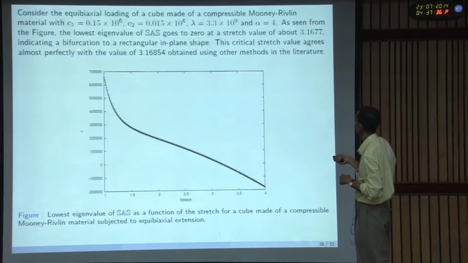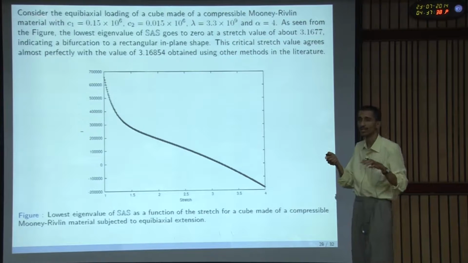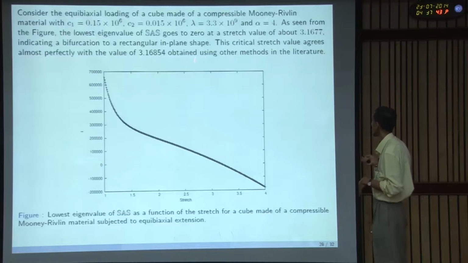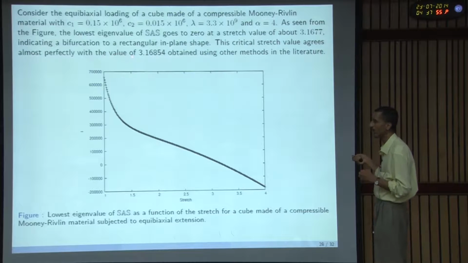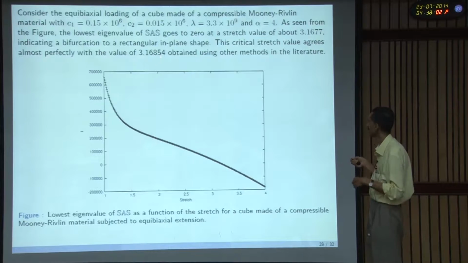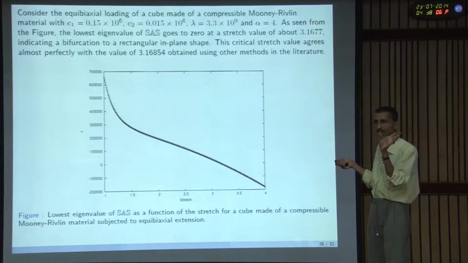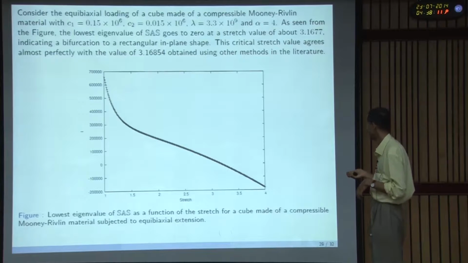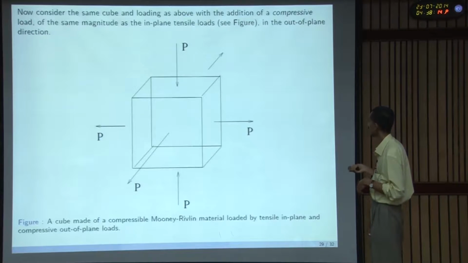It goes to 0. So that indicates that there is a bifurcation at that particular point from a square shape to a rectangular shape. So that is the loss in the symmetry of the structure. This critical stretch value again agrees with what is there in the literature. Here they have used slightly different constitutive models, so that is why there is a slight difference, but otherwise it is almost the same. This was done earlier in the literature, but on a case-by-case basis. That means they had studied specifically this particular constitutive relation only, and it was not a general criterion. So this criterion matches that.